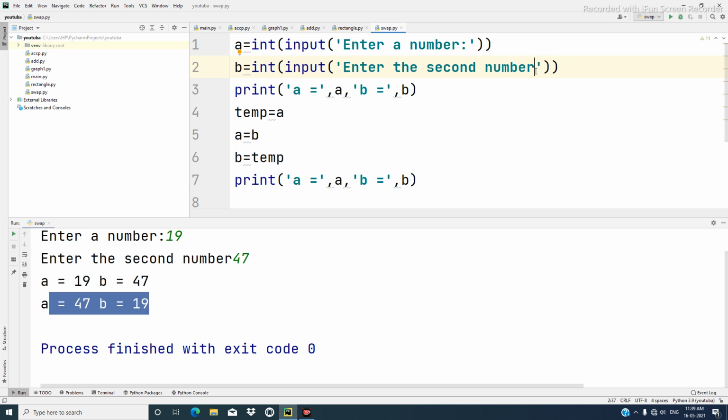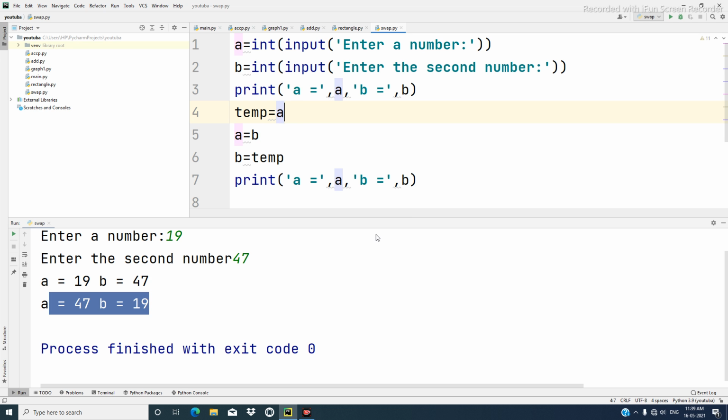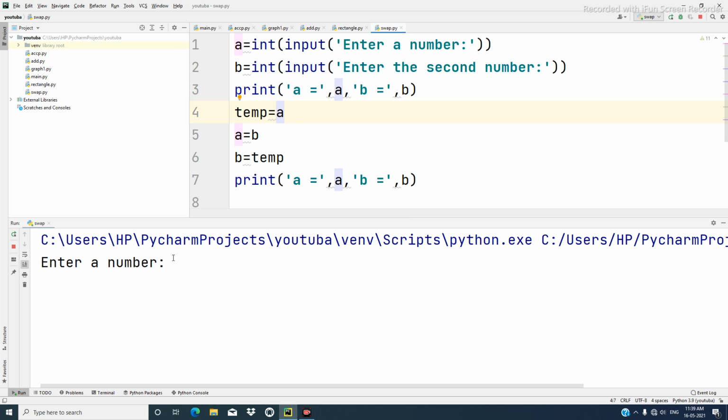Let us execute this code again and find out what is the output. So we execute this second time. We again give the run command. From here we select the swap program name. Now enter the number, say 20. First value is 20, second value is say 57.